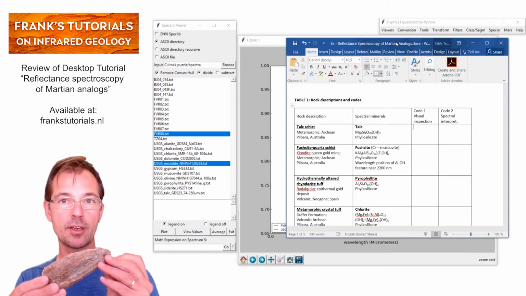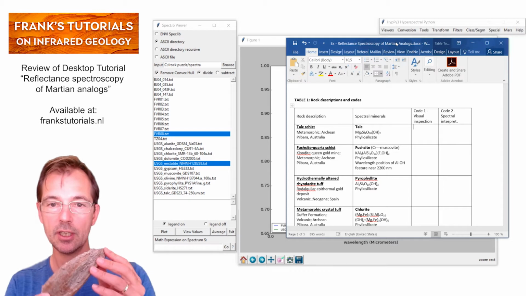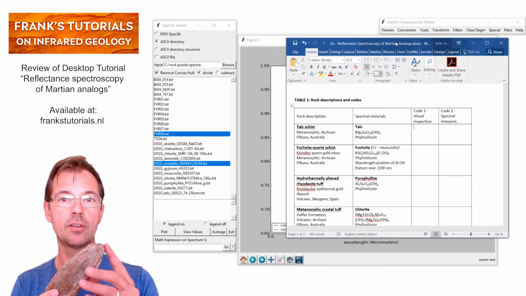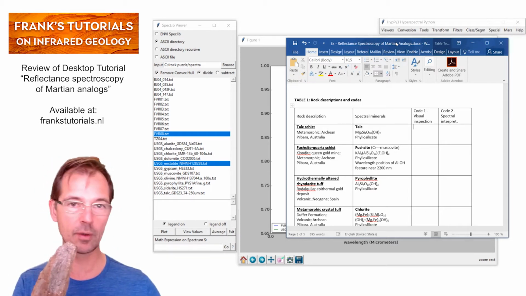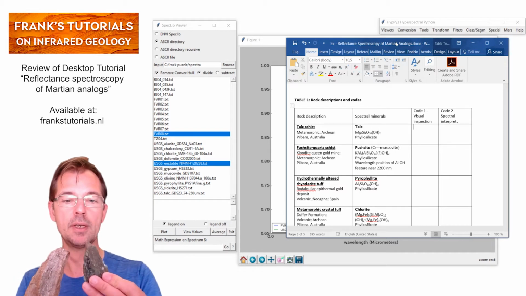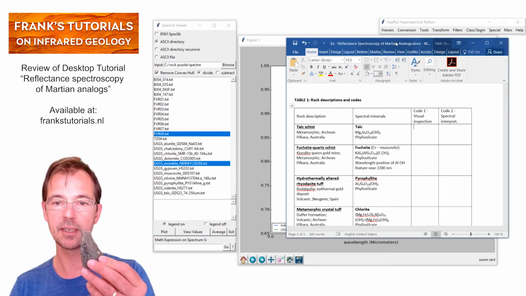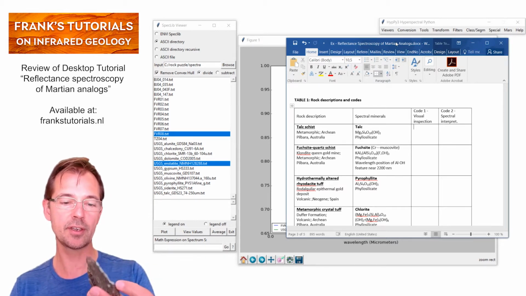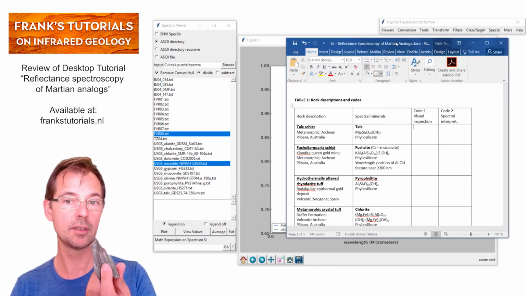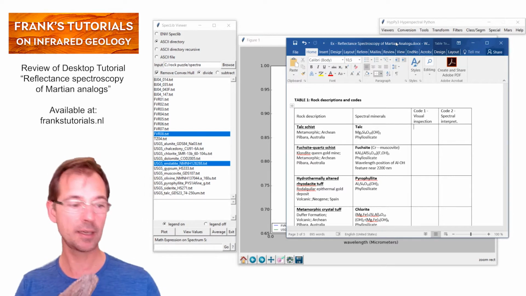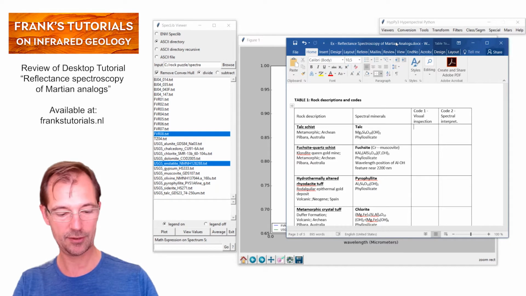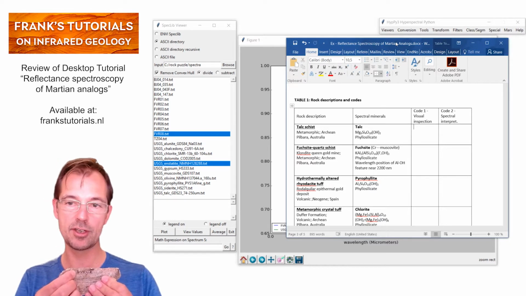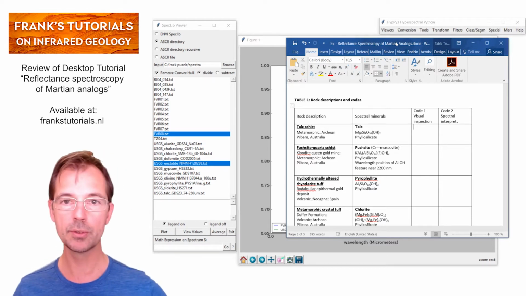It has a waxy luster, so that's an indication of talc. Another foliated rock would be this greenish one, but that's not what talc or talc-bearing rock normally looks like. So let's start with this one. It has the code FVR02. So what we'll do,